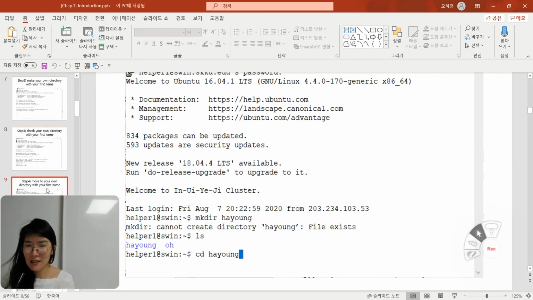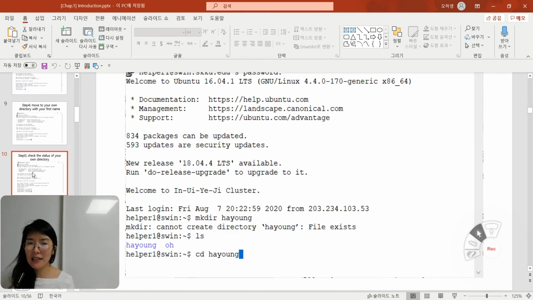And in step 4, you can go to your own directory with the cd. So cd means we want to move to the proper directory, okay? So if you want to go to your own directory, you can use the cd command,